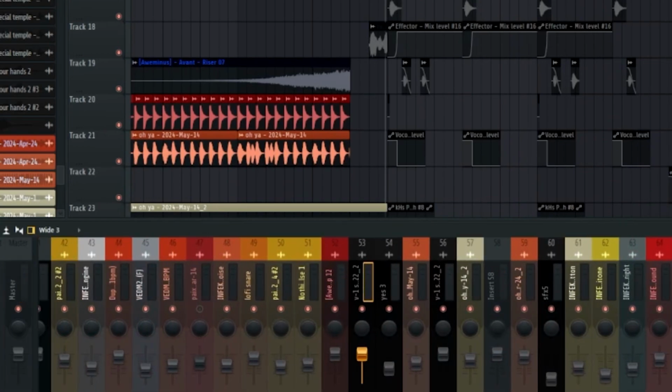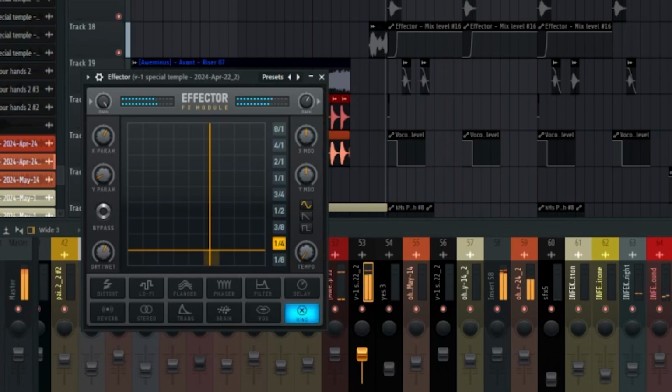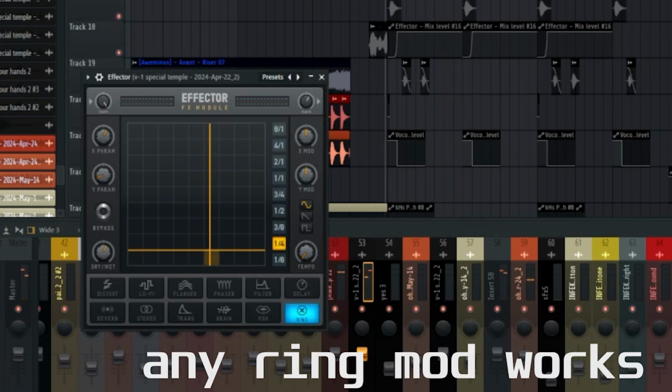I bounced everything out, so it's going through a really rough final chain. Using Effector, but that's not all I'm doing here. What I'm using here is ring mod, and ring mod is really nice. To get those tonal, hard hitting, maybe tear out sounds or trenchy sounds, whatever it may be, I feel like this helps a lot, because if I turned it off,